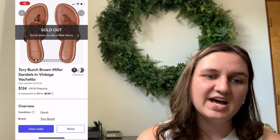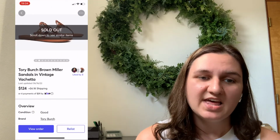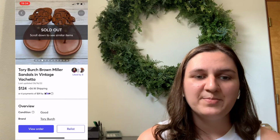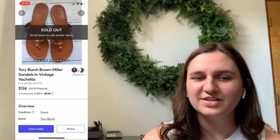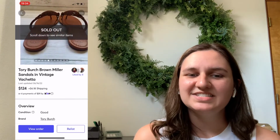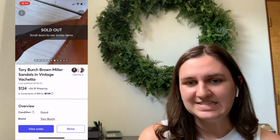But it did end up selling for a good price and made a good profit. Next up is another pair of Tory Burch Miller sandals. These are the leather upper in the colorway Vintage Vachetta, I believe is how you say that. I listed it June 13th. It sold same day, so 0 days to sell, for